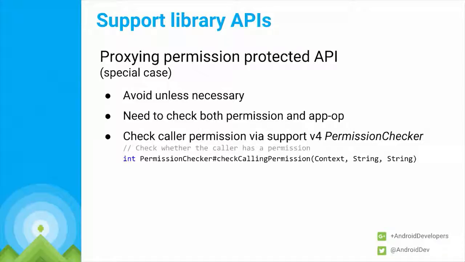And this is an edge case which I really wanted to point out: proxy permissions. This is, again, a very edge case. Usually this happens when, say, I have an app that has access to contacts, and I decorate contacts. For every contact, I'm adding a smiley face, for example. So when an app is asking me, hey, give me the smiley face contact, I have the contacts permission and access to all the contacts, but I need to verify whether this application has the contacts permission in the first place, because I don't want to be leaking the contacts permission